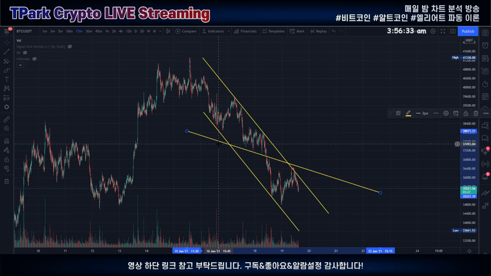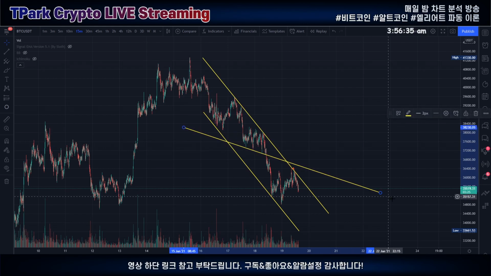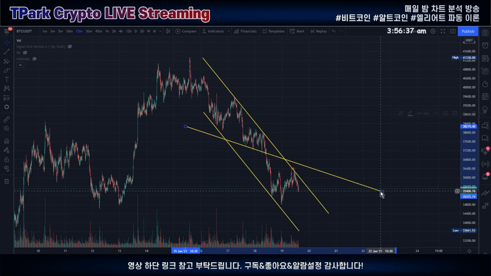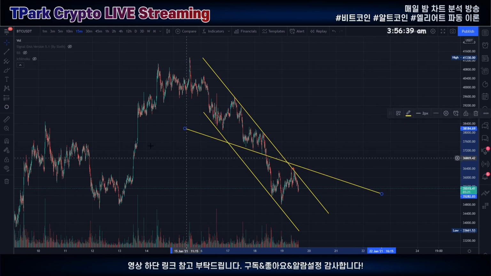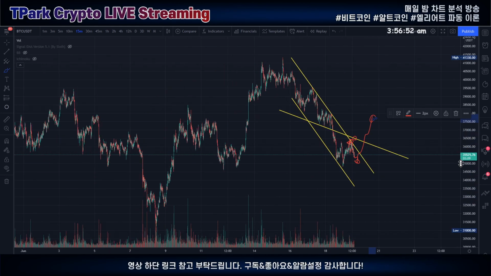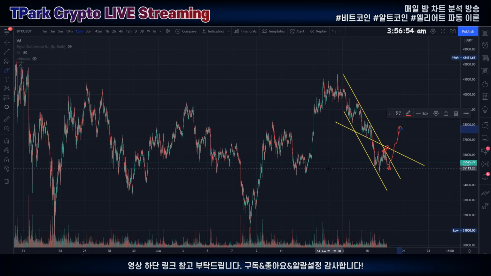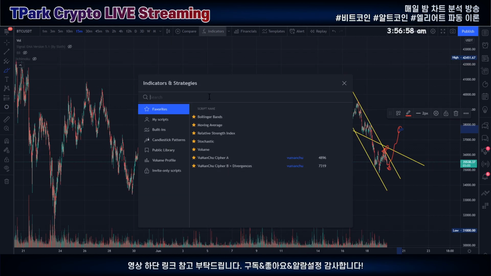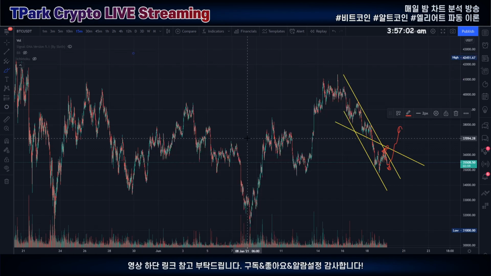This is also where I was able to take a short position while I was sleeping. I put the short position right here because I knew that it wouldn't break these two trend lines, and it would be resisted at least once before it goes back up. Not only that, you have to make sure that you check your stochastics and your moving average and so on and so on. Let's check my